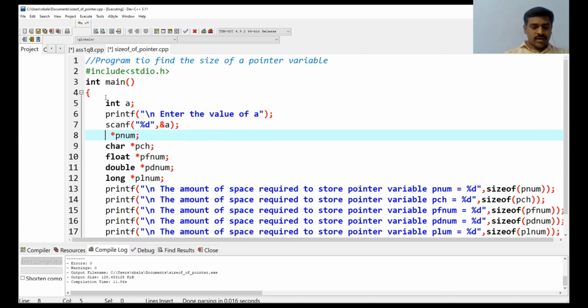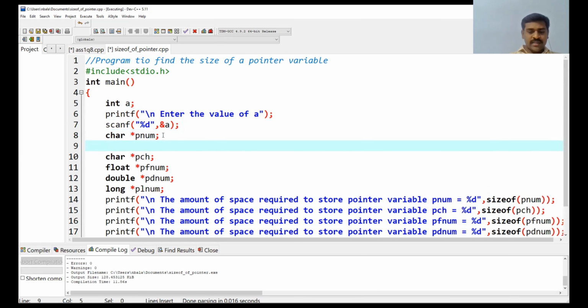Now I am writing a pointer variable as char *pnum. Sir, char *pnum. What is my variable here? pnum, and this pnum is equal to ampersand a. Sir, shall I write like this?